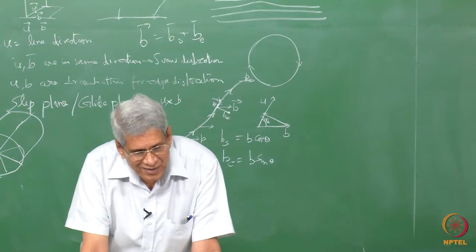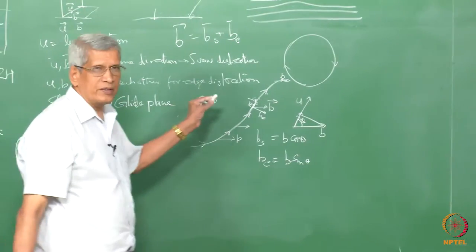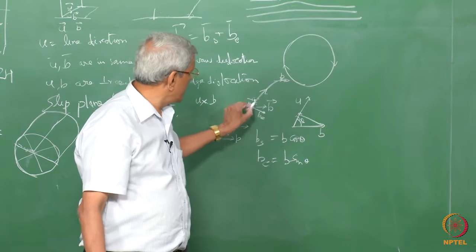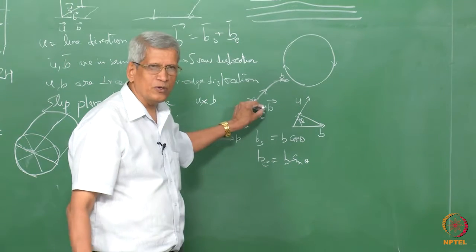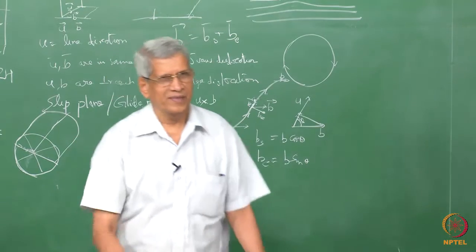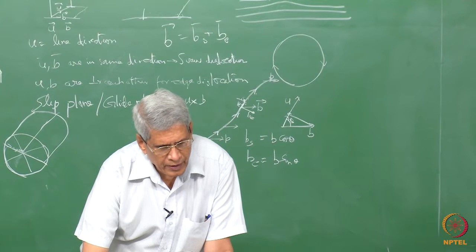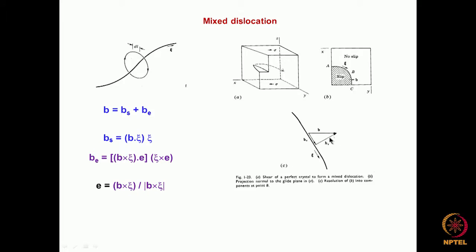But essentially what we have to find out is that you take B cross U, that gives a magnitude B sin theta, take a dot product with respect to E, which is B cross U divided by that unit vector, that gives you a constant value, that is what this expression gives, okay. Then multiply it by,